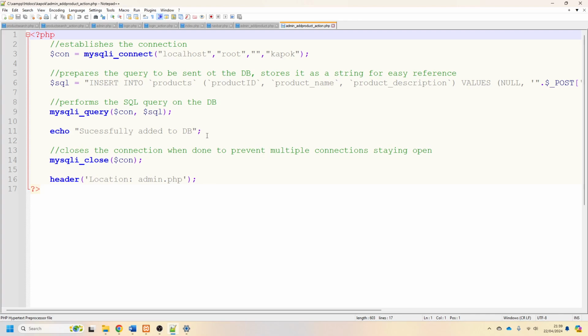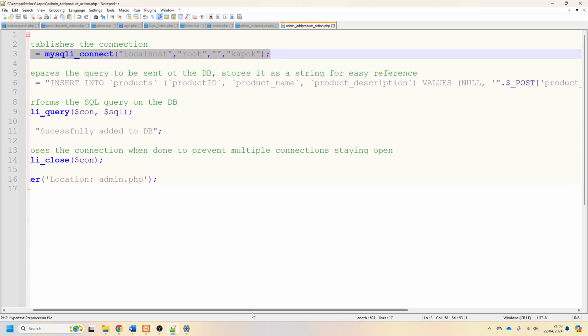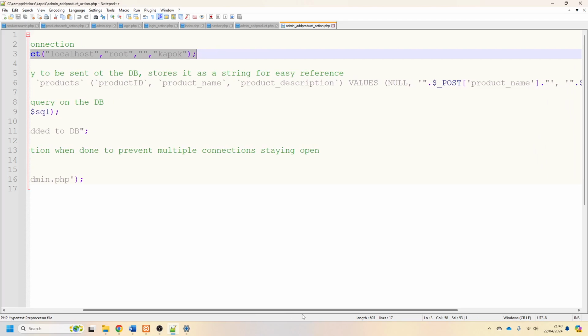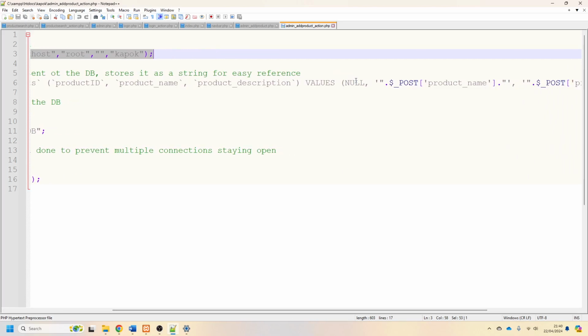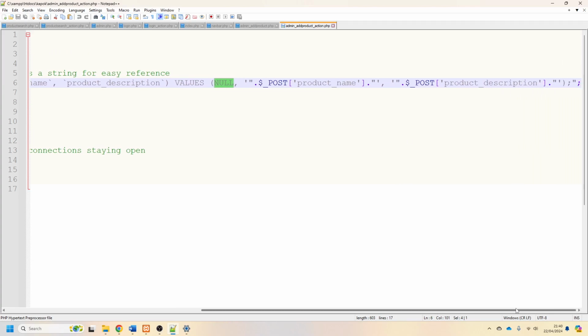For adding a product, it's a doddle. You know, really easy, genuinely. Establish your connection, which we've done 3 times now. The SQL statement is an insert statement. Insert into the products table the fields of product ID, product name, product description, the values of nothing. I don't want a product ID getting passed in. I want the database to handle that. So null, don't pass in a product ID. Pass in the product name, which is getting passed through from the text field, input field, and then the description